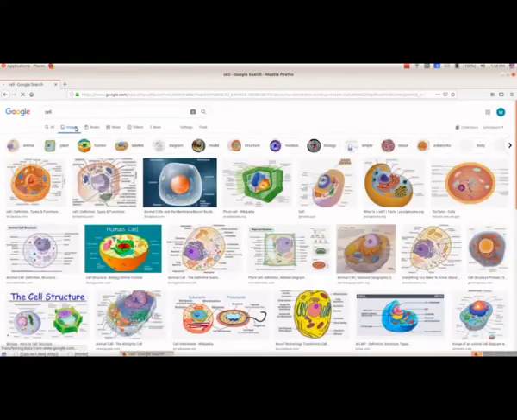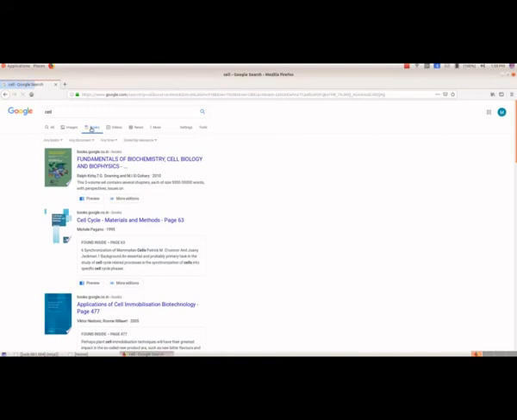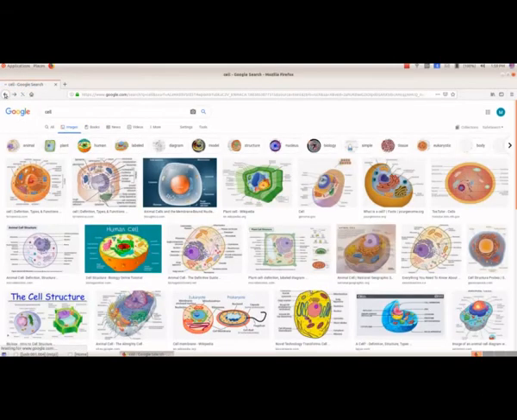As I told you, we want the images, so we have to select images, and when you select images you will get different pictures of cells. Suppose we want to know about books, then you have to select books, and we will get the names of the books.